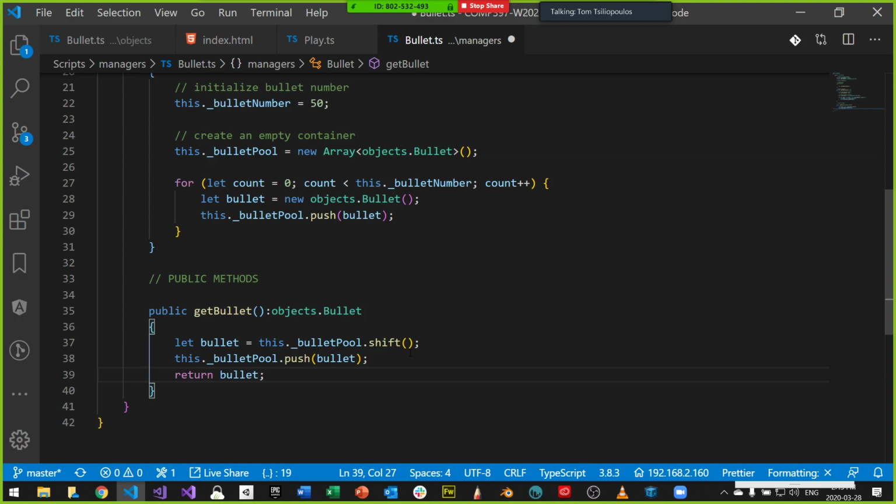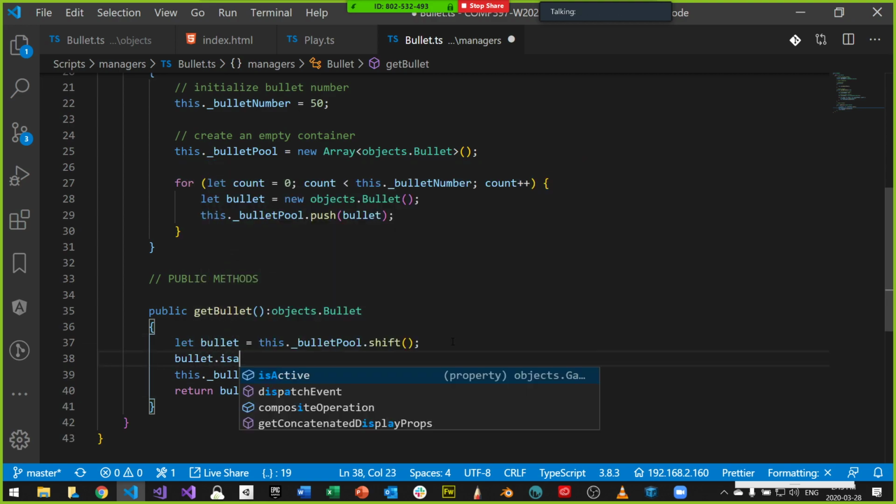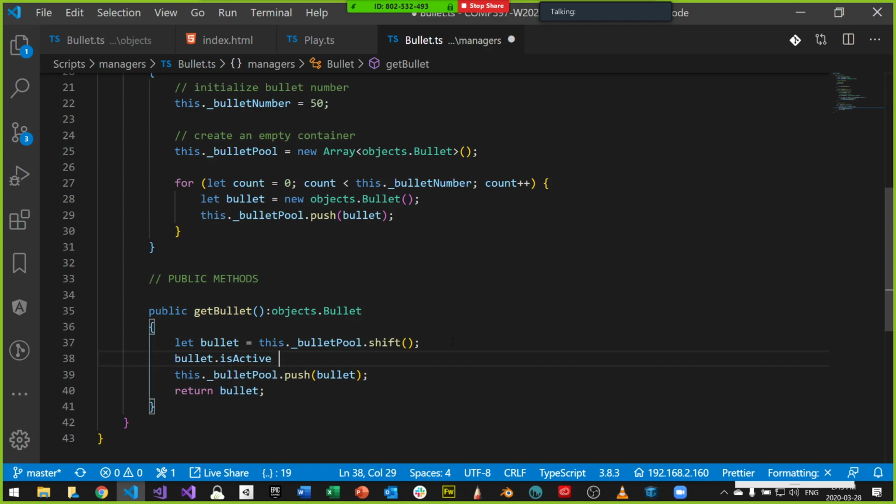Really, it's up to you, because we're going to have to make it active every single time I call the bullet, for me to use it, right? The right thing to do is, when I'm calling it, make it active. So get the bullet, make it active, is equal to true, right?